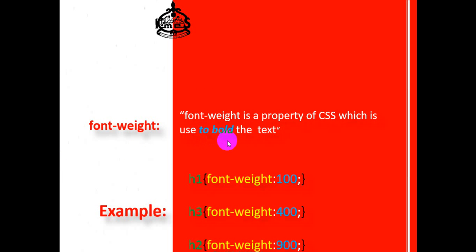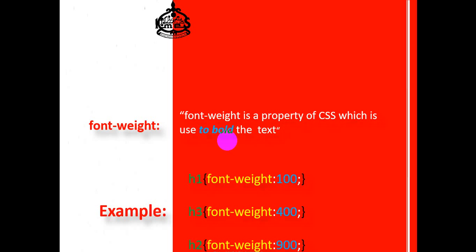If the definition says "to bold", it means there is a normal size, a fixed normal size. CSS or HTML already provides a fixed size of text which will be present in your browser if you do not use any font weight. So what is the use of font weight? You are going to change the weight of the text. The font will be normal on all web pages, but you change the font text according to your requirement.